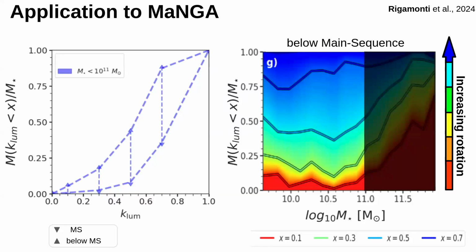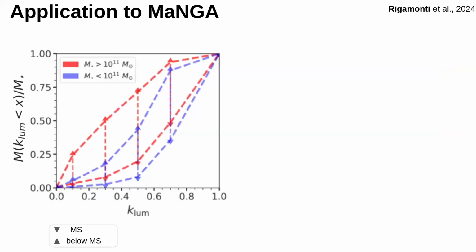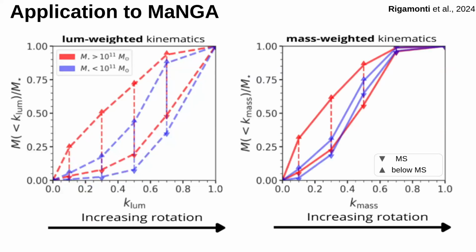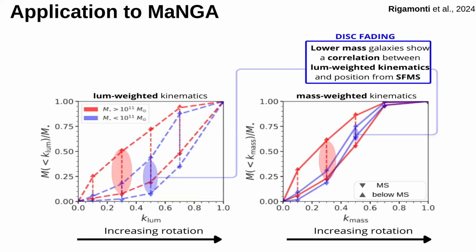Now, since we do this for lower masses, we can do this also for higher masses. But most importantly, we can do the same exercise for the mass-weighted kinematics. Okay, and you see quite a different picture. Let's focus on lower masses before. What you observe is that the difference in the luminosity weighted kinematics case is much larger than in the mass weighted case. And what is happening is that as galaxies move away from the star-forming main sequence,